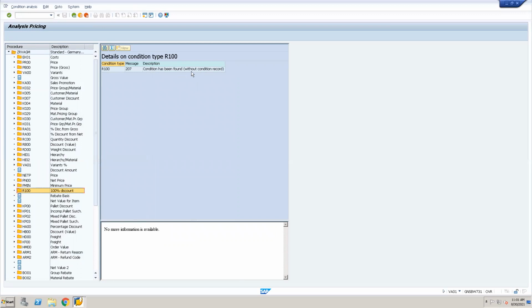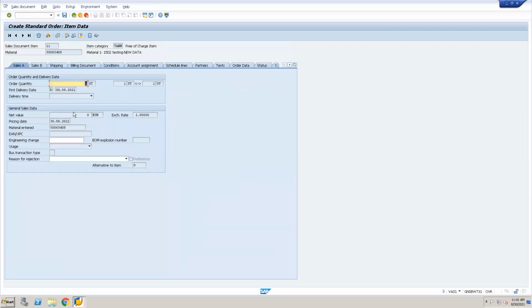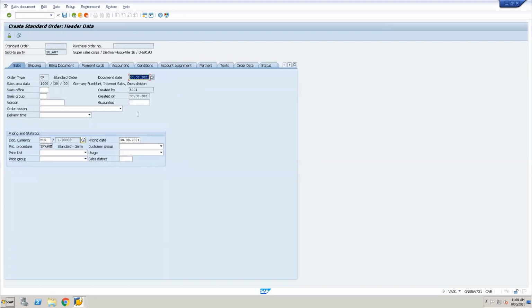So there is a condition record R100. In this particular pricing procedure, if you go and check, why am I showing you all this stuff now? So that you should know how logically each thing is connected. I told you about pricing, so I am trying to connect everything. So this is what the pricing procedure is. There is one price, PR00, and there is one discount type, R100. Against the R100 record there will be some calculation routine.